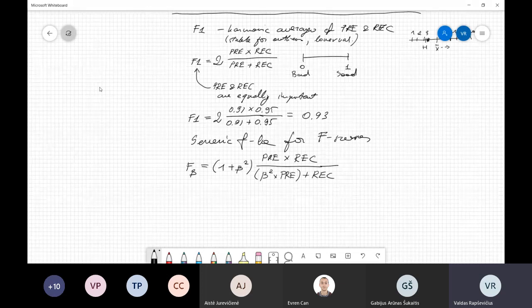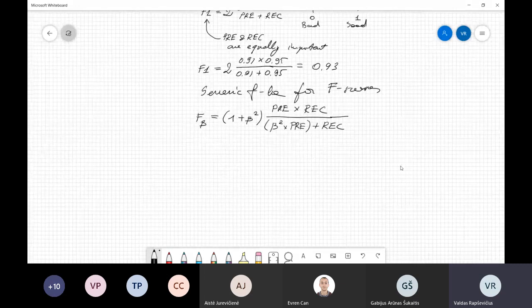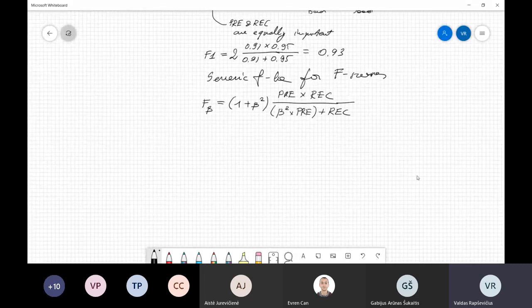So for instance, the commonly used metrics are the F-scores, not balanced F-scores. We can tell that there is an F2, for instance, right? In this case, when we have beta more than 1, we have recall more important than the precision, right? So basically 1 plus beta squared, so this is 5, 1 plus 4, and we have a precision